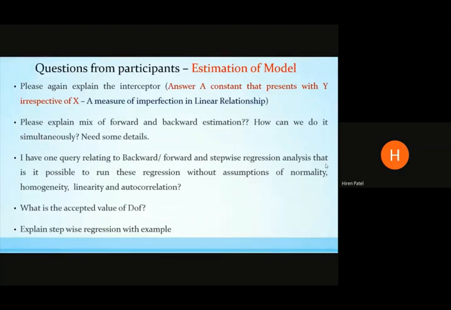So what you are doing, you are just adding them. You found that some variable has a good impact, you keep them. If you found that they are not having a good effect on predictive power, you take them out. That's what stepwise regression is. You can take any example with any IVs and DVs to understand these aspects.